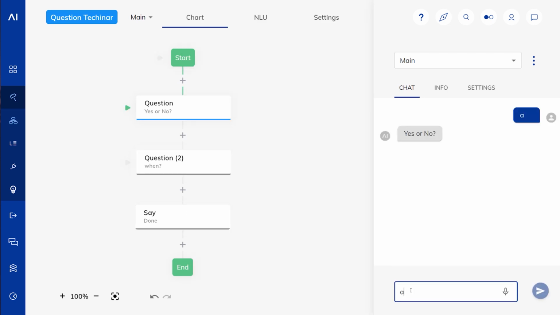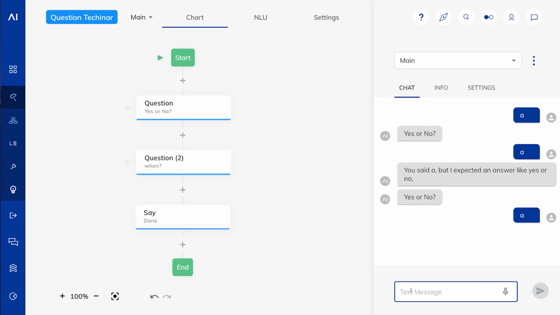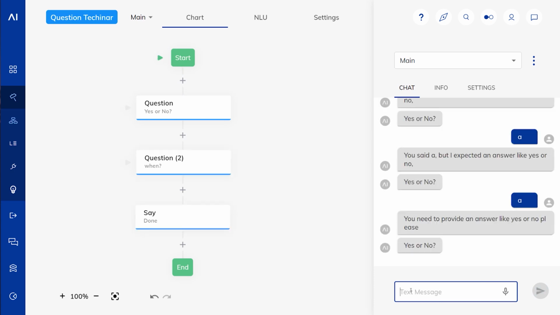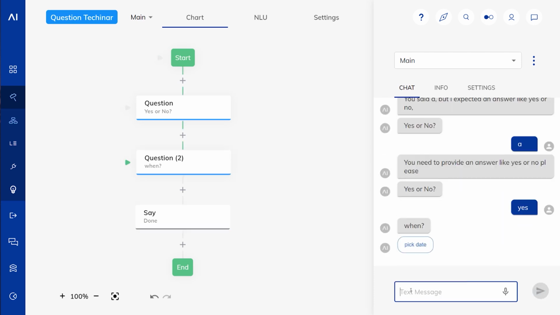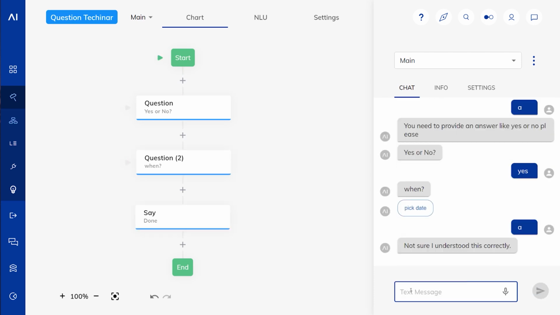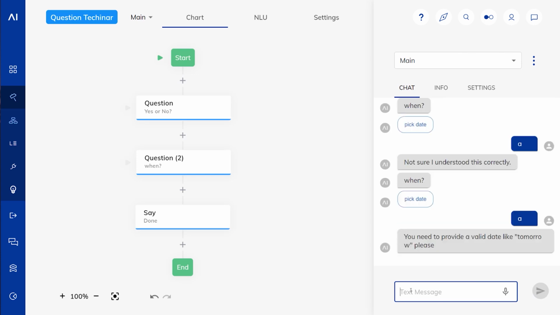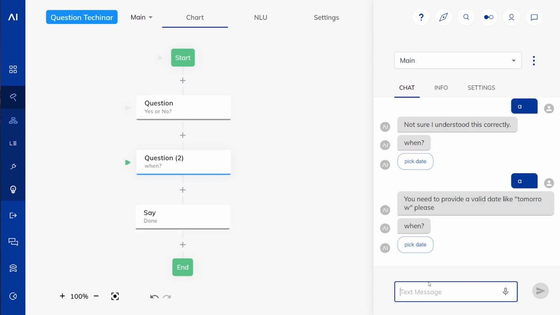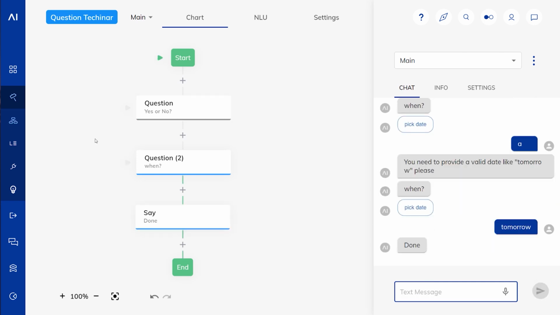So we get the question, yes or no, first time wrong, second time wrong, third time wrong, we go into the escalation. Now we say yes. Now we get the date question, first time wrong, second time wrong, we go into the escalation, and that's how this would then work.